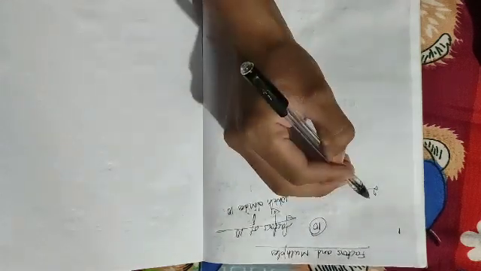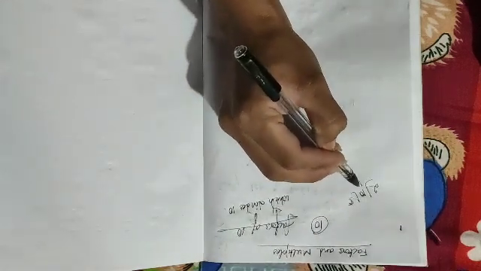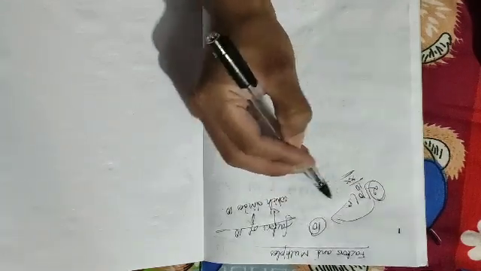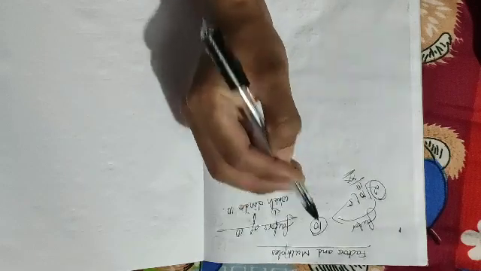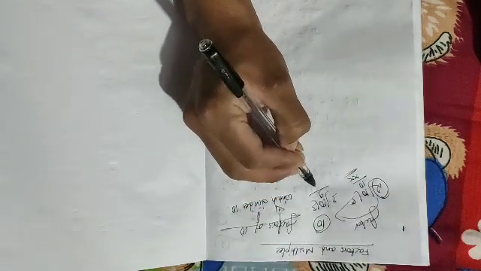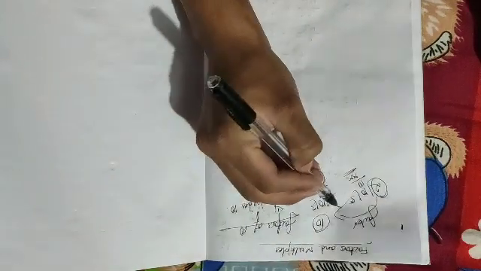For example, if I divide 10 by 2, what will happen? 2 5s are 10, isn't it? So the remainder will be 0. So 2 is a factor of 10. Similarly, is 3 a factor of 10? No, because if you divide 10 by 3, then 3 3s are 9, and the remainder will be 1. So we didn't get the remainder as 0. That is why 3 is not a factor of 10. Similarly, if you try with 4, 4 will also not be a factor of 10.